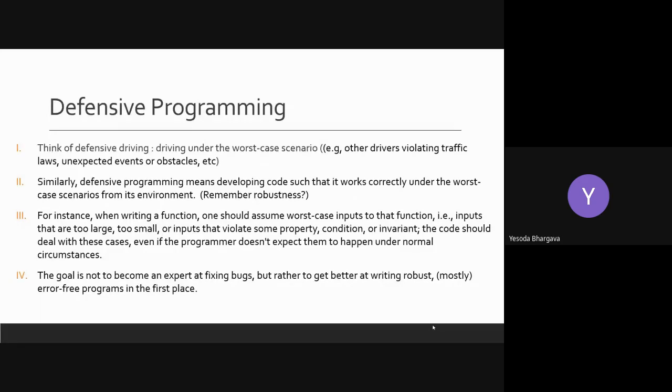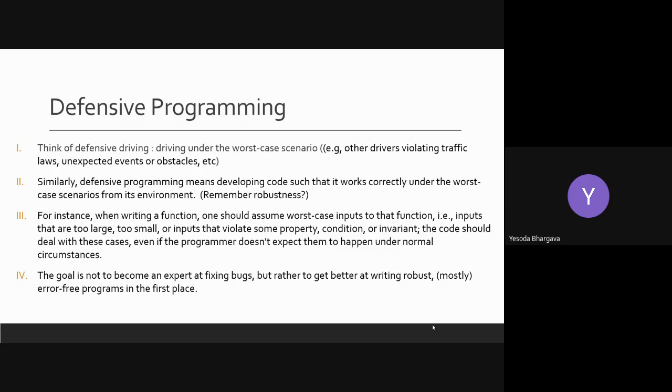And if the input is not what is expected, how will your system handle that kind of exception or input? That is what relates to defensive programming, because you must assume the worst case input to that function: inputs that are too large, too small, or that violate some property that is essential to the functioning. Your code should be able to deal with all these cases, even though they are not expected.